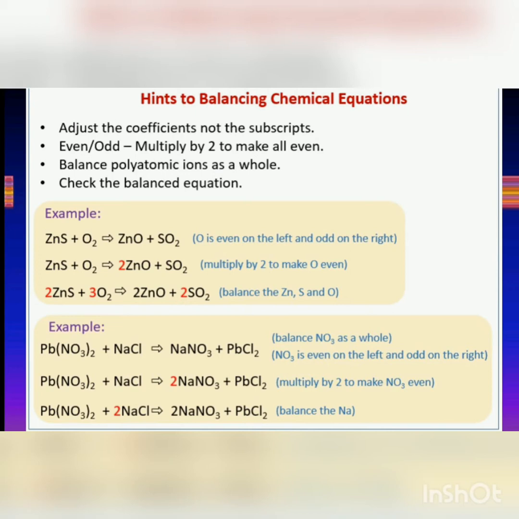NO3 we had already balanced in the previous step, and now we see that even chloride has automatically balanced. We did not work for balancing chlorine, but on its own chlorine has balanced because we have Cl as 2 atoms on the left hand side as well as 2 atoms on the right hand side. So this is how you balance chemical equations. We need to check every element and see that they are balanced correctly. And how do we see that? By just counting the number of atoms on the right hand side and equating it with the number of atoms on the left hand side.